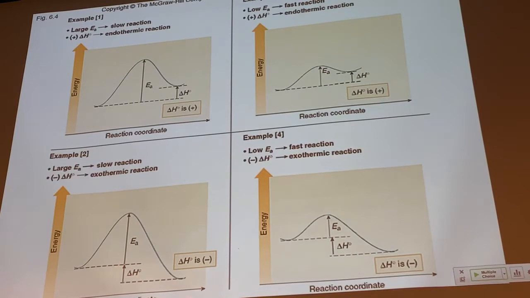Then we have exothermic reactions that are slow, negative delta H, high energy of activation. And then we have our favorite reactions, which would be exothermic reactions that are fast. They favor the products, give us a lot of products, and they have a low energy of activation, meaning we get those products rapidly. So these are the ones we like, but all 4 of these scenarios exist, and all 4 of them are possible because energy of activation and delta H are completely independent of each other. Okay? All right, so